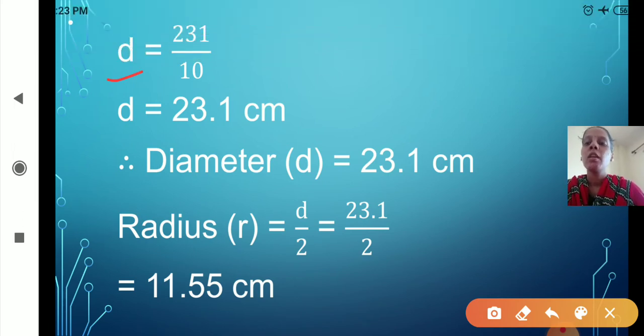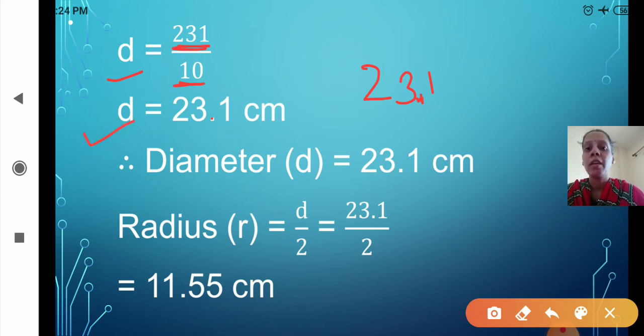this is 231. As you can see here, 231 divide by 10 as it is. Okay. Now we will remove this 10 and we will write down here decimal point in the numerator. So now how many zeros here? Only one zero. So you will start from right hand side and after one digit you will put here decimal point. See here, 231 you will write down. So in the denominator there is only one zero. So start from right hand side, after one digit you will put the decimal point. Okay. So what is the answer now? 23.1 centimeter. So this is diameter.